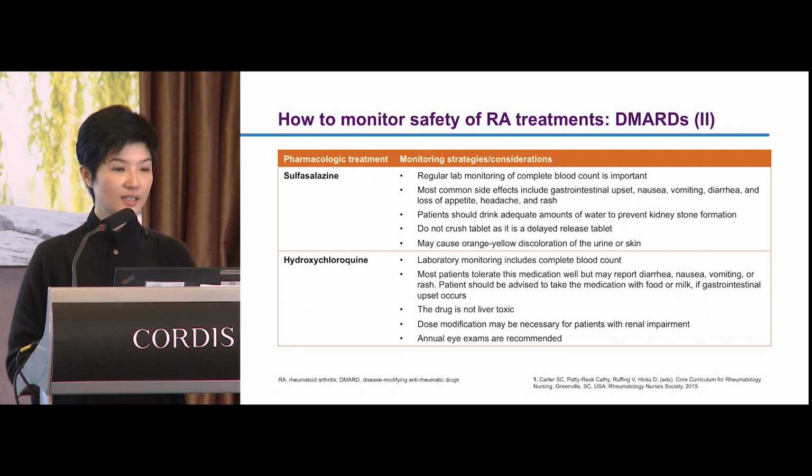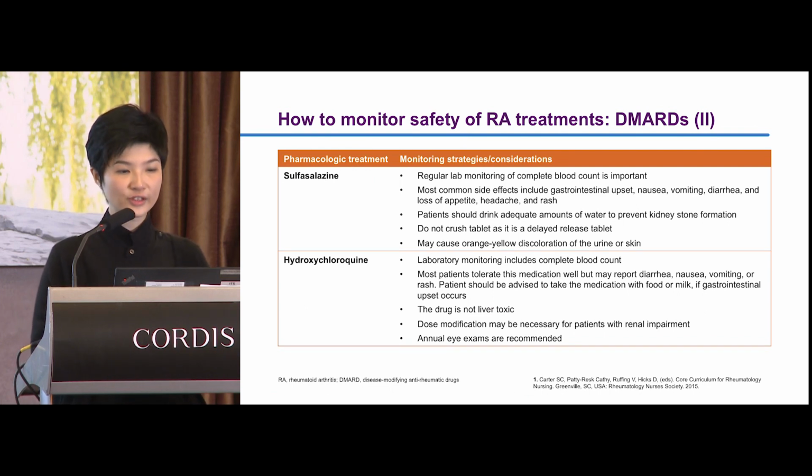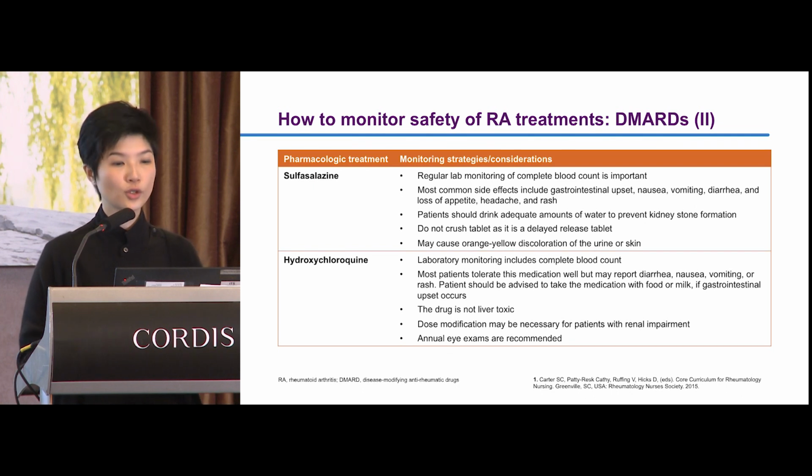So sulfasalazine, just like methotrexate and levodopa, regular lab monitoring of CBP is important. Some common side effects include GI upset, nausea, vomiting, diarrhea, and some allergic reactions like skin rash. We should alert patients to drink more fluid to prevent kidney stone formation. And we should remind the patient not to crush the medications, and it may cause orange-yellow discoloration of the urine